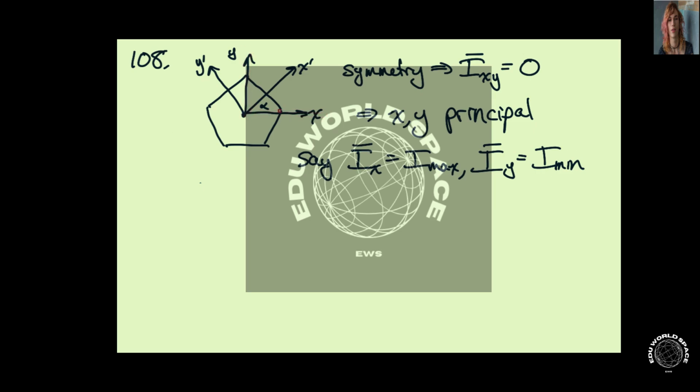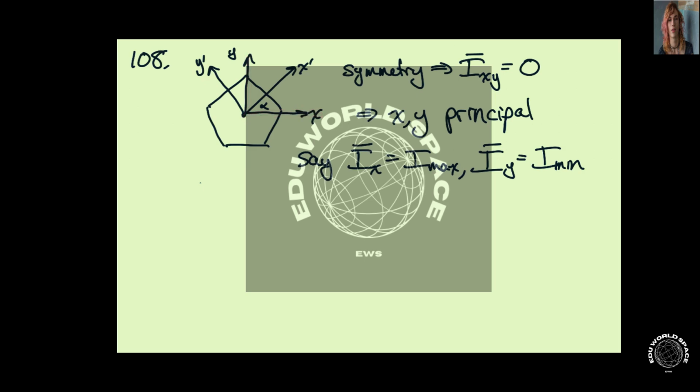Okay, so this doesn't go through there, but we know we have symmetry about this y-axis, and we can always orient a hexagon or whatever we have with respect to one axis, and we're going to have symmetry. And so that symmetry says that the area product about these axes is 0, so that these are principal axes,